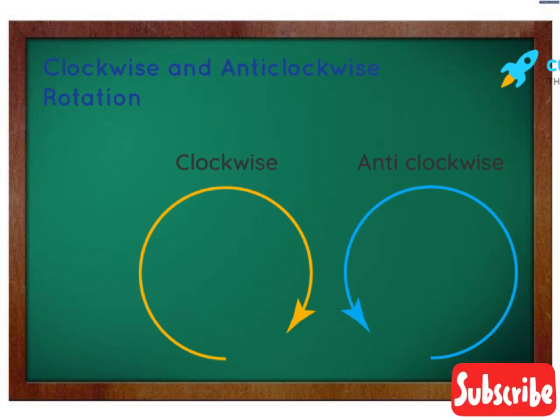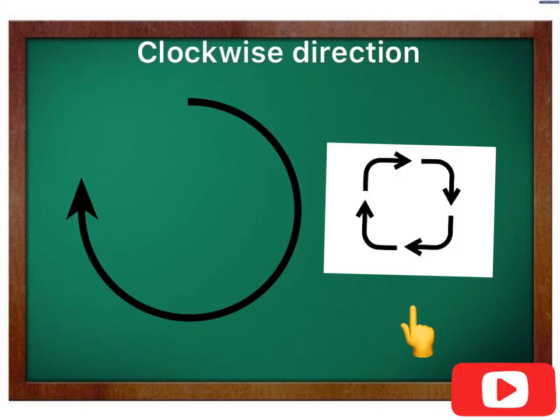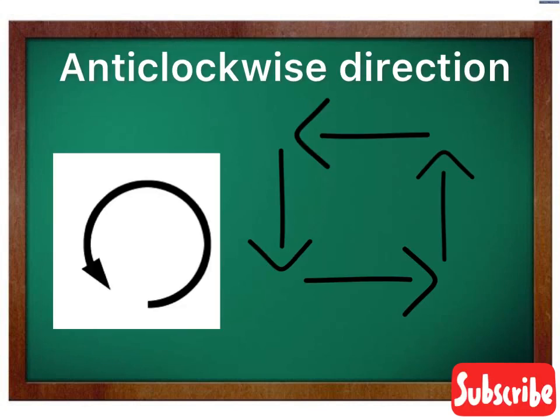So for your convenience, I am showing the two forms of clockwise and anti-clockwise. The second form, whatever I am showing here in the form of square arrow format, this format is for your convenience only. You are not going to draw this format in your exam or your actual solving of numericals. You are going to show a circular shape for clockwise and anti-clockwise. Usually we show the form that way, and you are going to show it in the actual exam, but to solve the numericals it can be done easily with the help of the second format that I am showing.